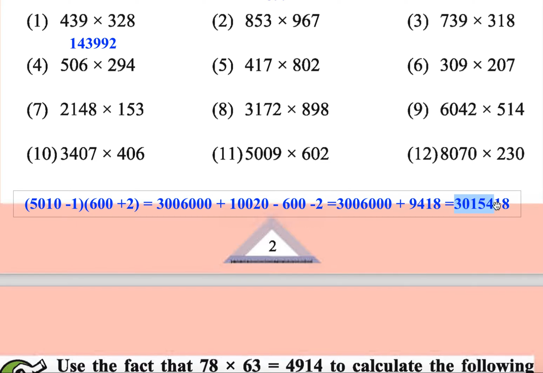So this is going to be your final answer, but the method is quite different from the traditional method, because these are close to 5010 or 5000. This one is close to 600. This can also be similarly written as 5000 plus 9. Still you will get the same answer. Okay,